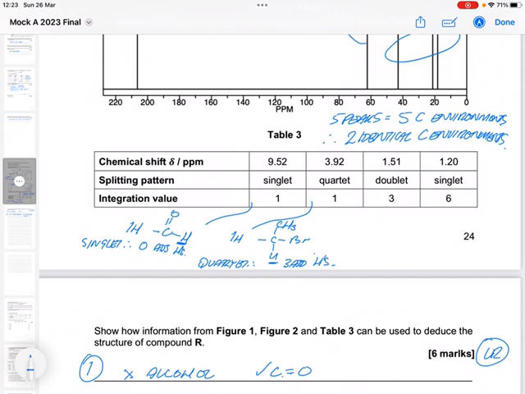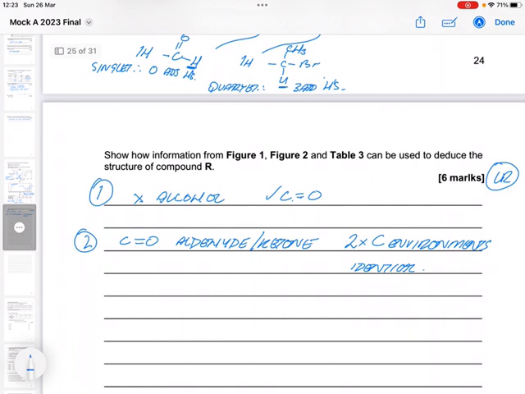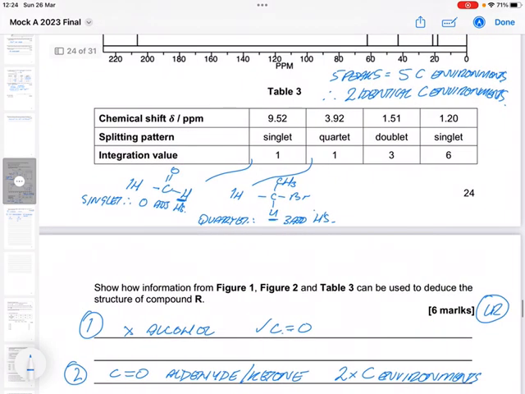Let me draw these fragments down here as I'm kind of doing them. So I've got C double bond O H, and then I've got CBr, CH3 with a hydrogen on. Okay, and then at